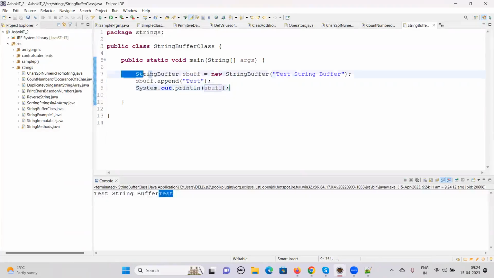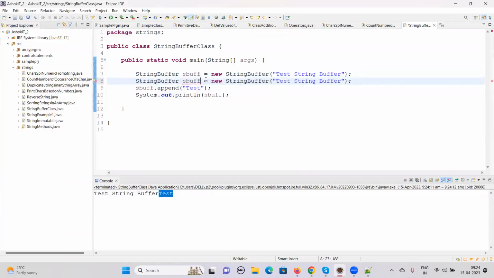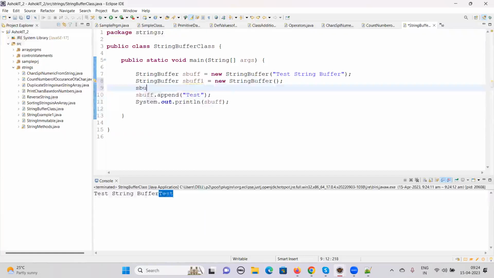Okay, so let me create another string buffer with empty. I'm going to remove this. Now I appended something here, right? In strings, if I append or concatenate something, what happens? The original string will remain the same. But here, what I'm going to do is sbuff equals sbuff1. Okay, so now I appended this. So when I print sbuff and sbuff1,